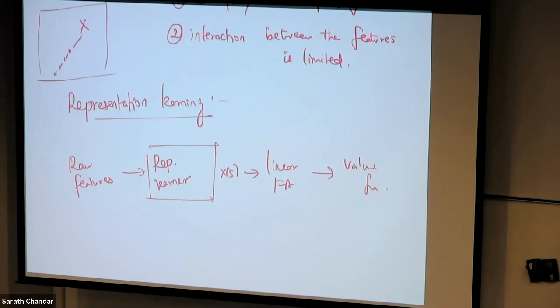Fine. So this is what we are going to do, and specifically this representation learner is going to be a non-linear model. Why? Because if you have a linear model for X of S followed by a linear function approximator, then it is essentially equivalent to just having one linear function approximator, right? So there is no use in having a representation learner. Well, maybe there are some practical advantages, but usually there's no use in having a representation learner if it is not non-linear. So you have a non-linear representation learner followed by a linear function approximator.